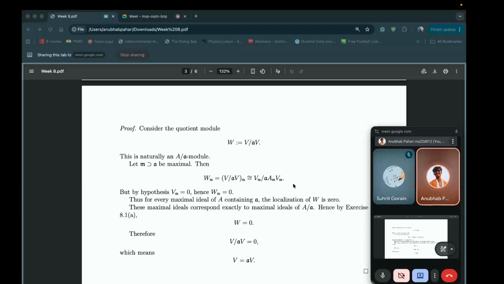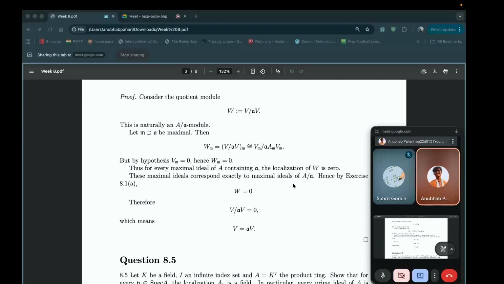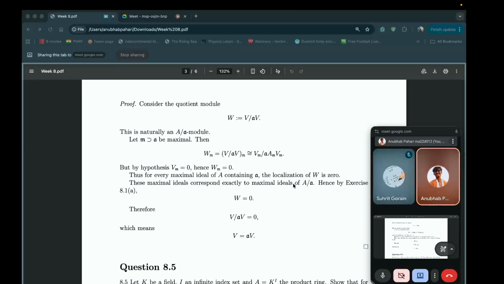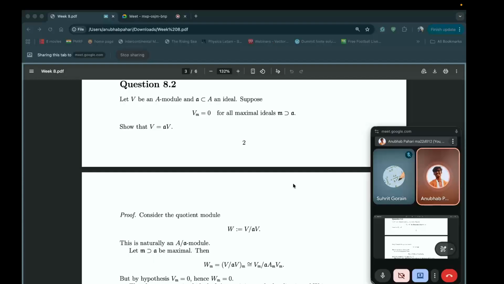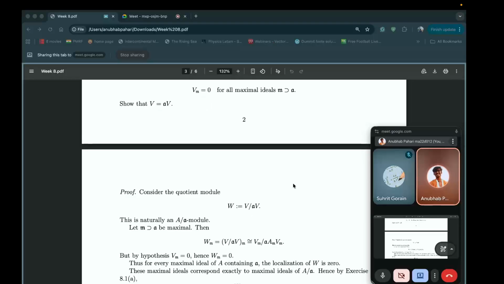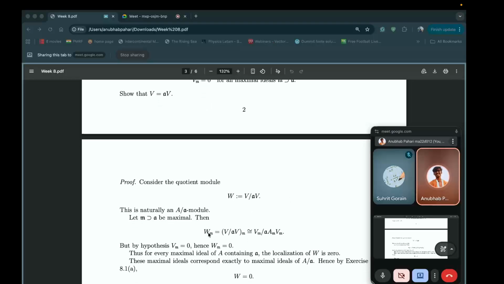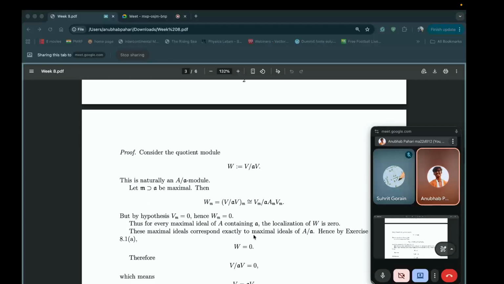This happens because you know that S inverse of V mod W is isomorphic to S inverse of V mod S inverse W. But what is happening is that you are given V_m equals 0 for all maximal ideals containing a. So W_m, which is isomorphic to V_m mod something, since V_m is 0, we have